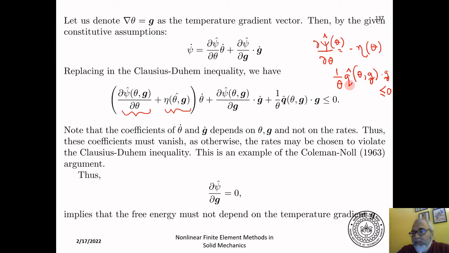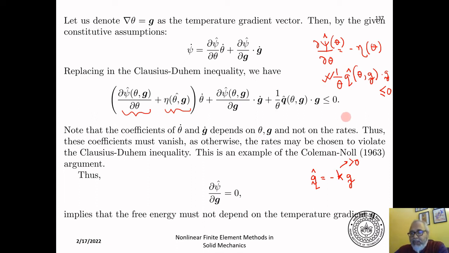Now think of Fourier's law of heat conduction, which says that the heat flow vector is linearly dependent on the gradient of temperature. That's Fourier's law. So for example, Fourier's law can be stated as q hat is equal to minus K times g, where K is a constant greater than 0, which is called the thermal conductivity. And now if you plug it in, this actually does satisfy the Clausius-Duhem inequality,